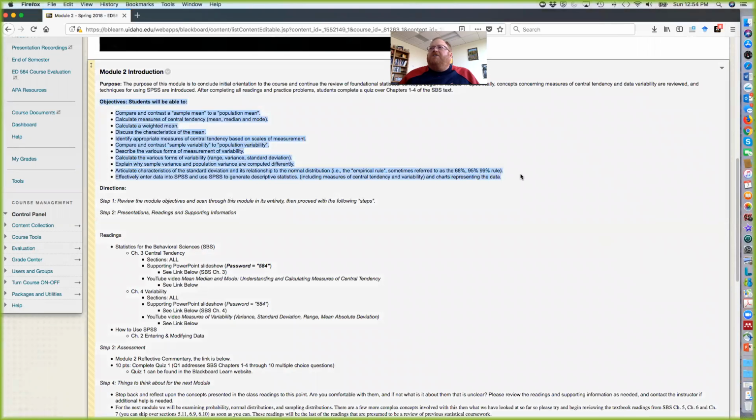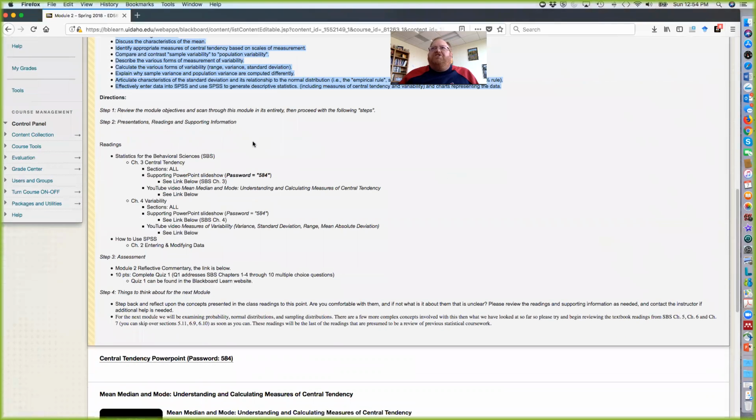Here are the learning objectives. I won't take your time now, as you can read those when you go in and start work in Module 2. For the directions, go ahead and review all the objectives and also the module in its entirety. As far as the activities,